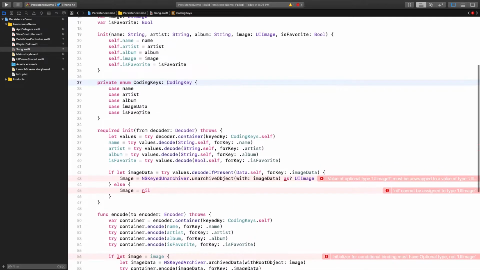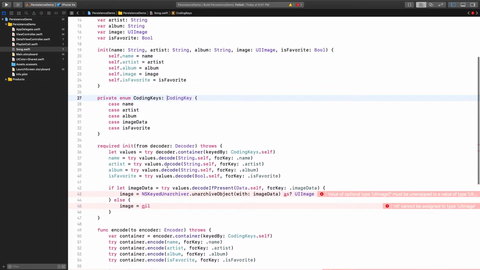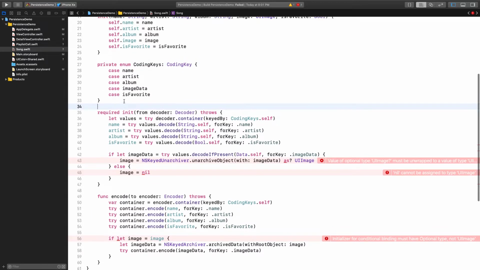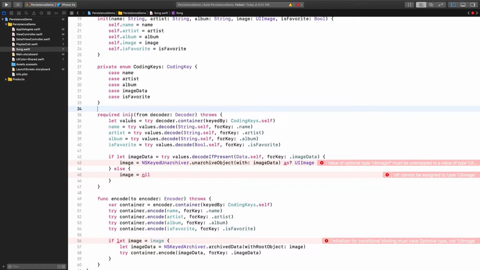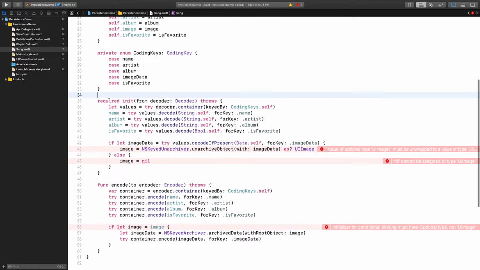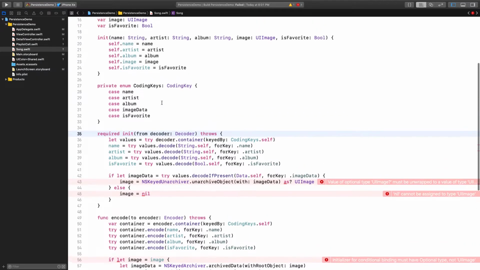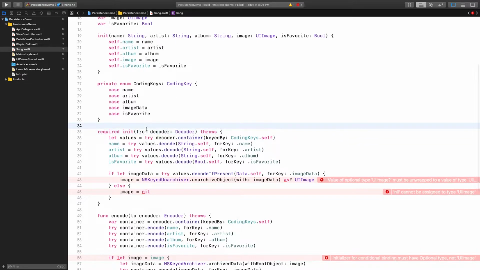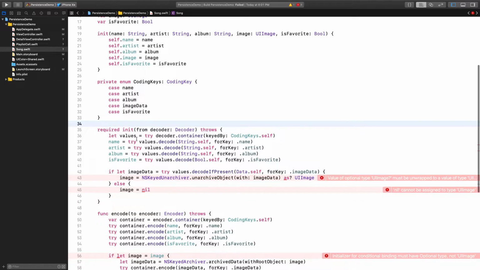The next thing we need to do in order to conform to both Decodable and Encodable is that your Song object needs some initializer to create the song object when you're decoding it. So we have a required init from decoder, versus originally we just had our normal initializer function with all of the arguments. This is what your code is going to use whenever you try to do decoder.decode, and then